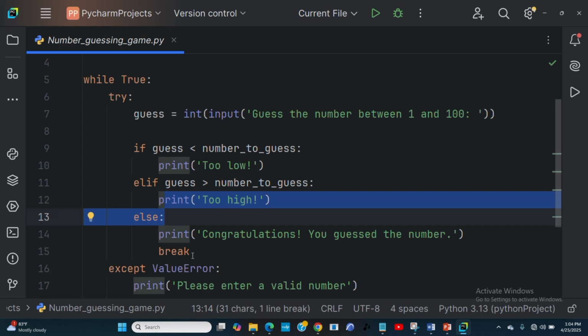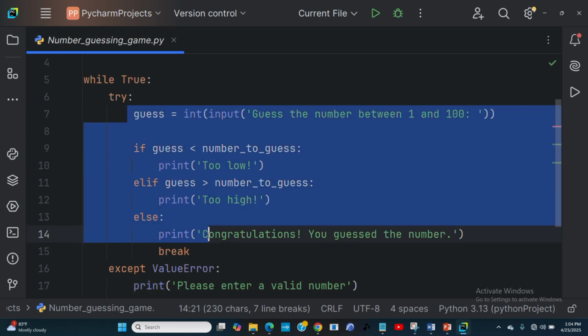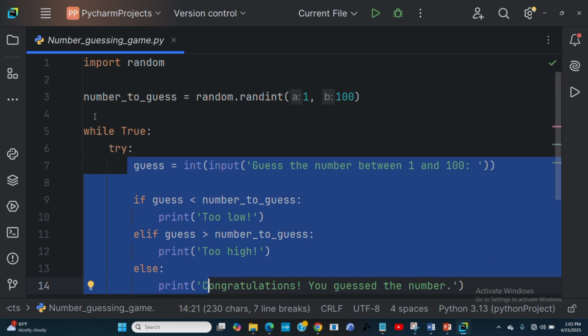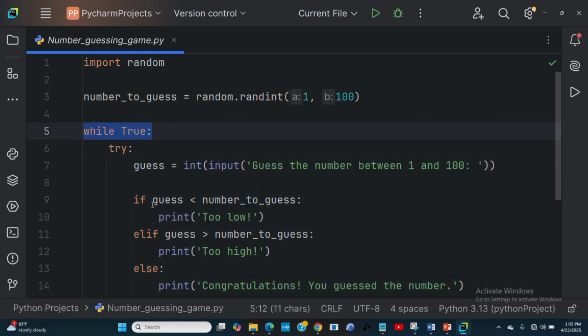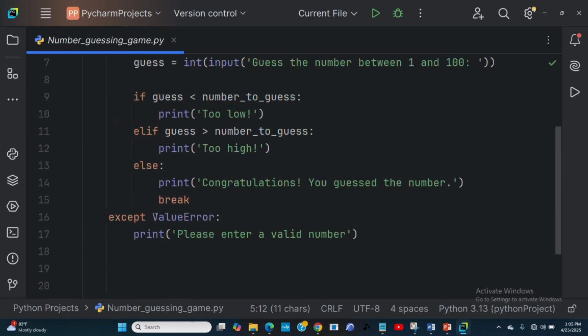You get it? So now, as I told you, this particular portion we are going to put in a loop. Why are we putting it inside a loop? We are putting it inside a while loop because we want to allow the users to keep guessing until they finally get the correct answer. Don't just allow them to get one guess and then say, no, you didn't get it. Allow them to have multiple guesses. The player should be able to have multiple guesses to be able to get through.